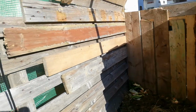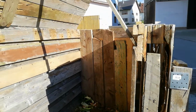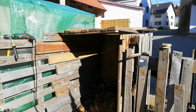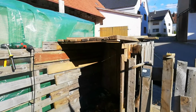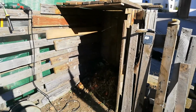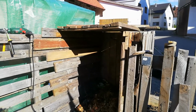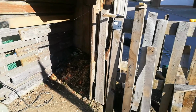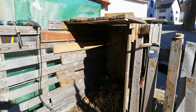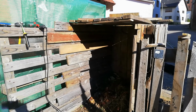This is how my composter looks like now. We can also close it. One moment. And this is how it looks like when it's closed. So tomorrow I will do the door, but for this I have to make some other pallets,